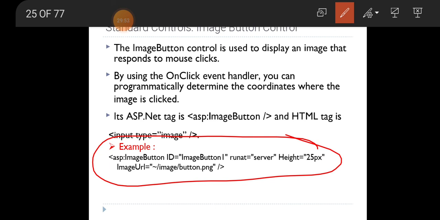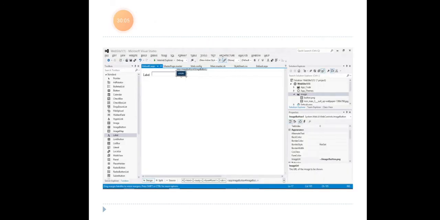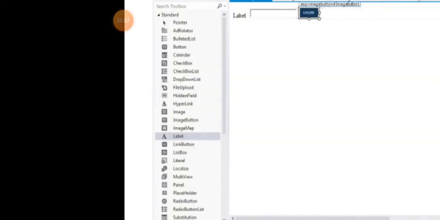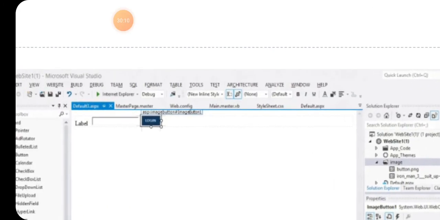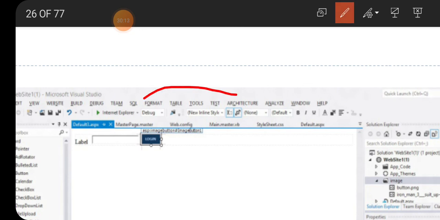Here I specify image, the tilde symbol is used to specify the root directory, image slash button.png. Here the button.png consists of the image just like a button. This is the image button.